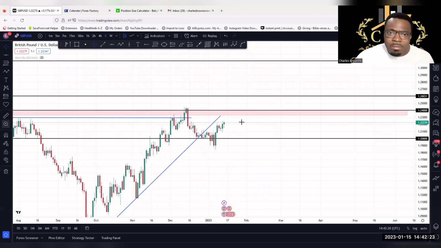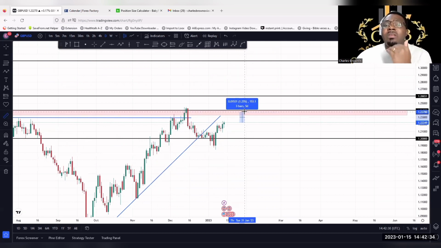Question, let's ask, how many pips from where price is at now to that key zone? That's 175 pips. So within that area, within 100 and 175 pips is what we should be expecting the market to move, even a bit further to the upside. But we need to watch out for the key zone here.